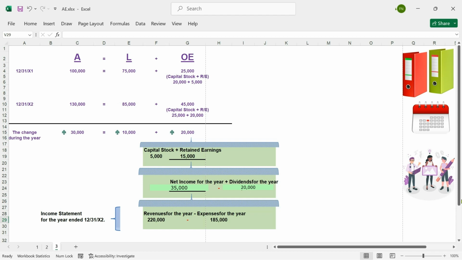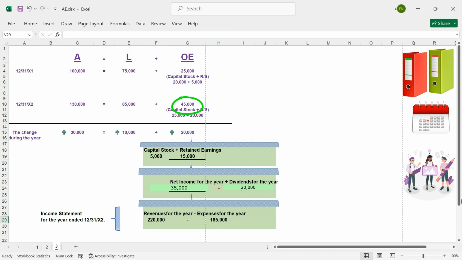What I'm suggesting is another way to describe or quantify any change in owner's equity would be that amount would be equal to any change or increase in that year in the capital stock or capital contributions, plus any change arising in retained earnings during that year. In fact, let's go back to this